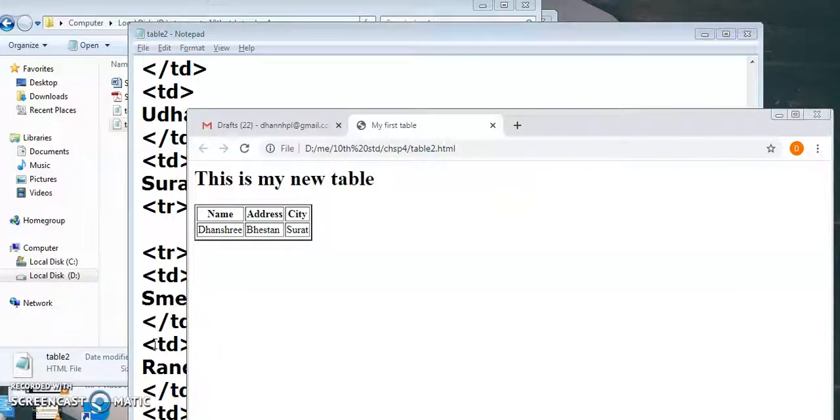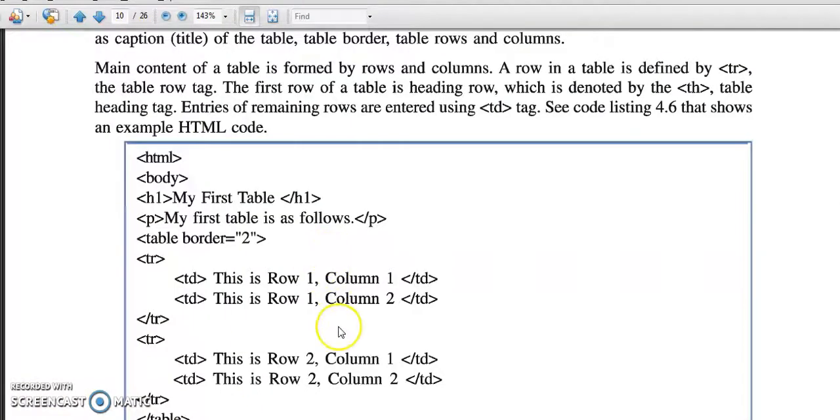Now I just refresh it, press F5. Are you getting this point, how we can copy the data and create a table immediately? I hope you understand the table coding.